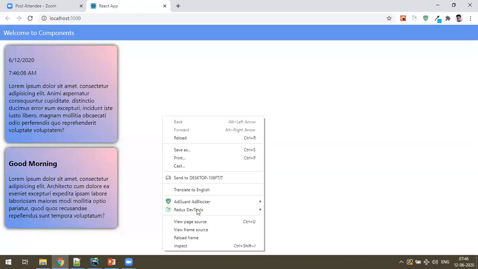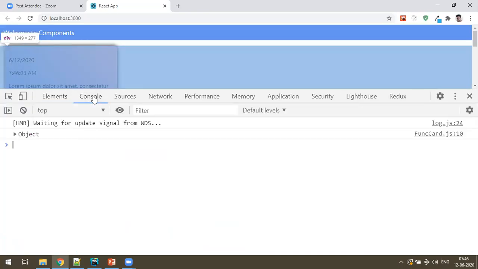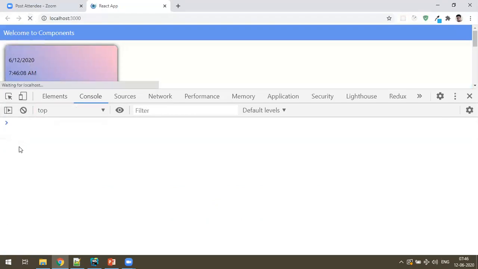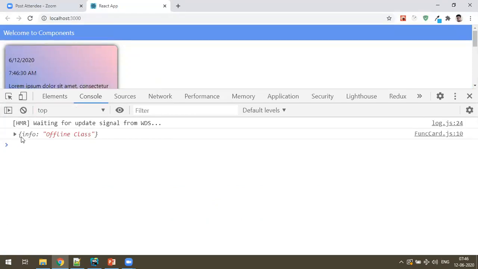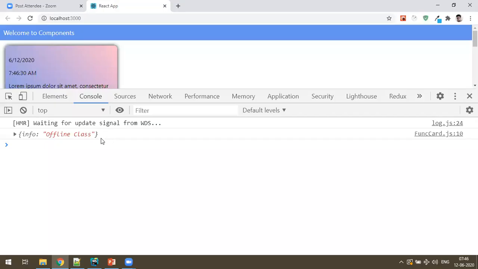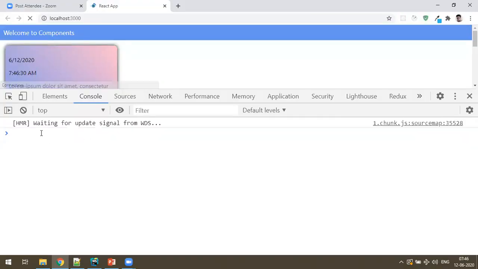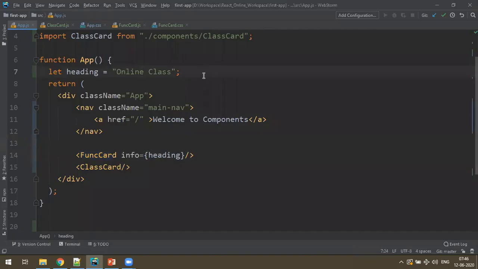Now back here, if I inspect, if I go to console, see, props is an object. That object contains info offline classes, because you gave a name called info, heading value offline classes. If I change this to online classes, props contains online classes. Suppose I add another thing, message is equal to, I just say static also, good morning. Now this time what happens? The props contains,